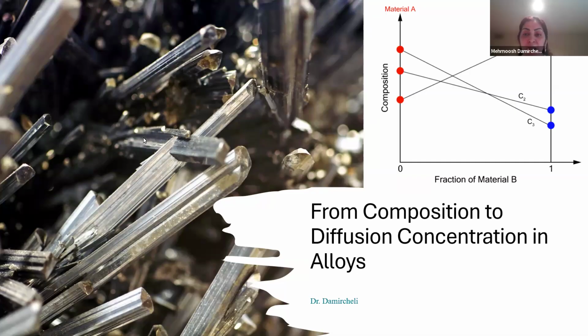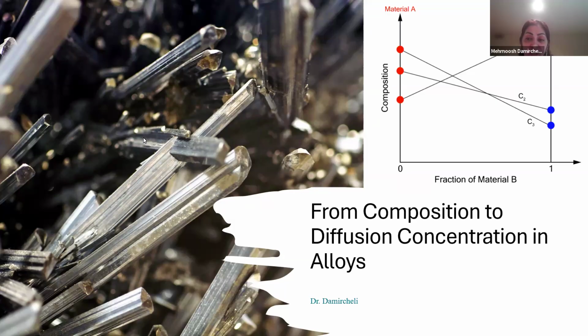Hello everyone. Today we will talk about the specifications of compositions, atomic percent, and mass per volume concentrations. For diffusion, we use the average atomic weight and average density for materials such as alloys, where we mix several materials with each other. After that, we will go through the key formulas for each concept and then solve a case study that covers all these aspects, so you can see how they are applied in practice.